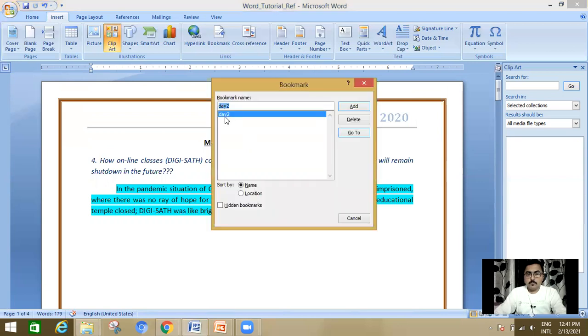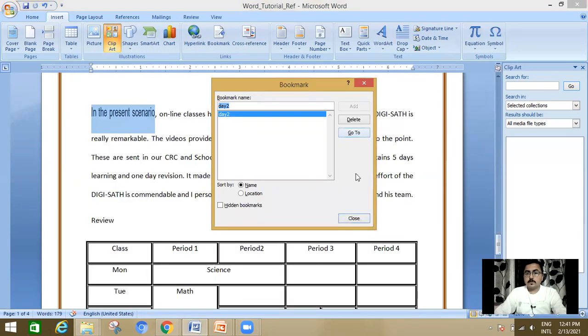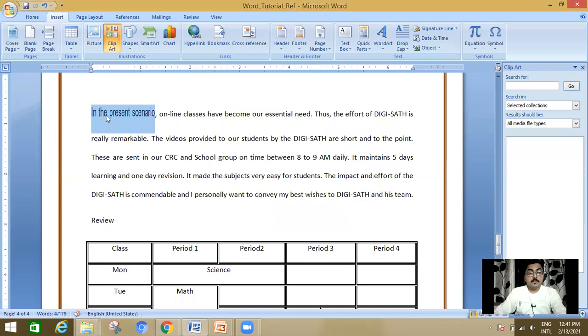There is a Day 2 bookmark name. Click on the Go To button. Now, the section from where you have to start appears in front of you. This is the advantage of the bookmark section.